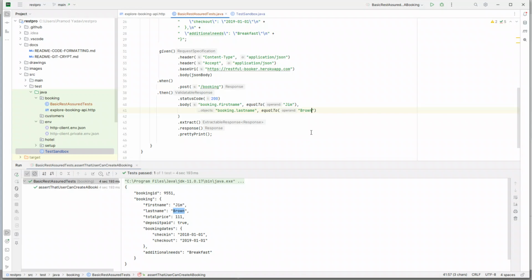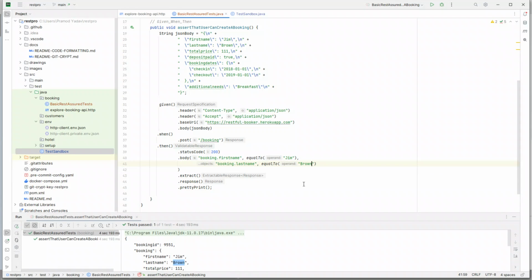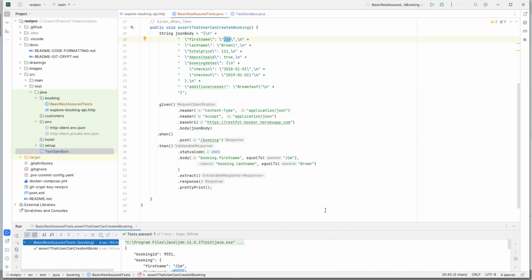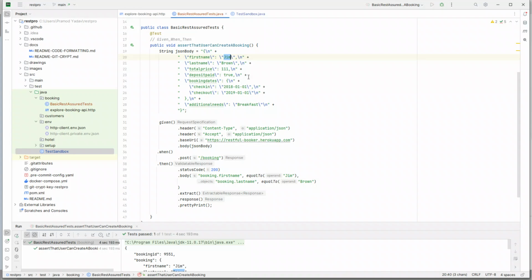So for now, this is all I'm going to use. And by the way, with advanced techniques, we will not hard code our input, which is already being used in the test data. We will reuse it. But for this example, we are just going to give a very basic example of Rest Assured. So this is fine. So if I run this,